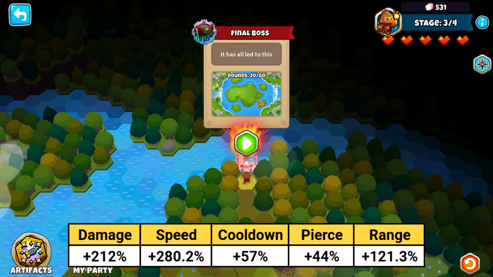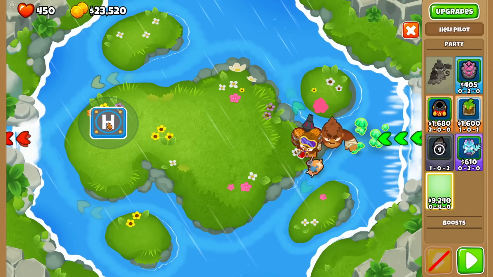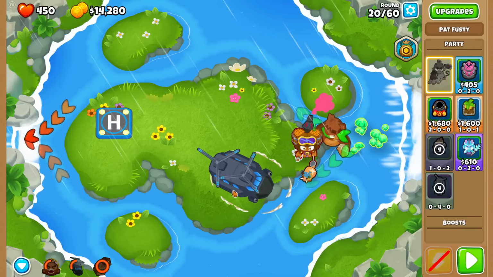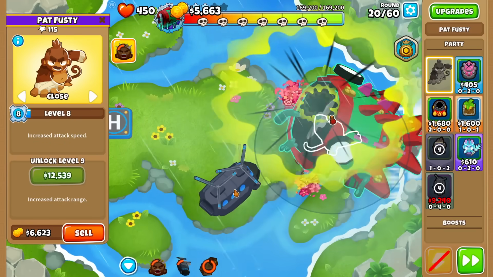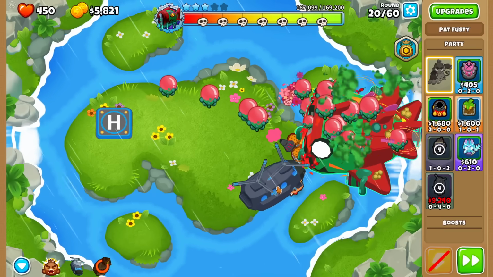Please no bloody puddles, thank you. Spring is doable. And holy crap, is this Chinook gonna be ever so useful, because I would probably leak a crap ton of balloons with Pat Fusty all the way up here. Let's just play and I'll show you. But I think with this, we can leave it on close, and then whatever balloons get through, just use...